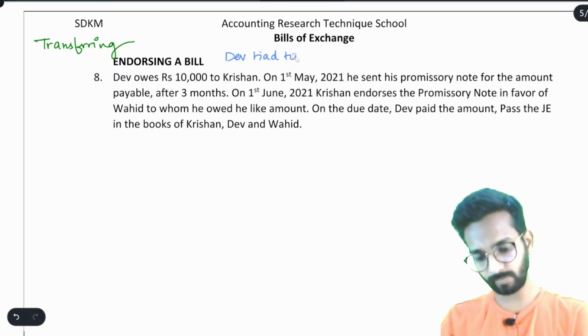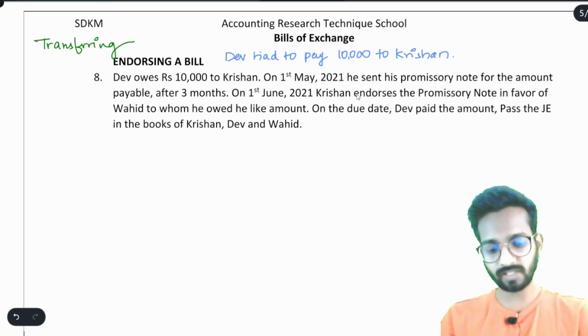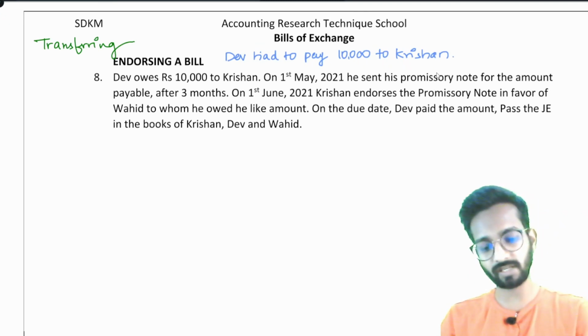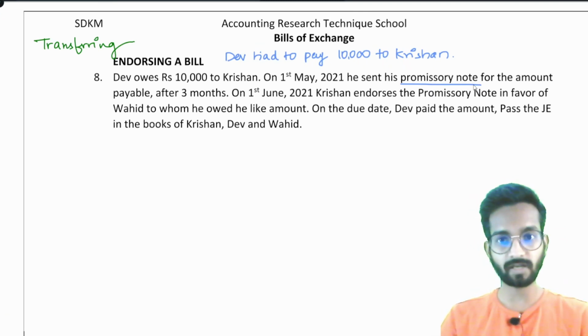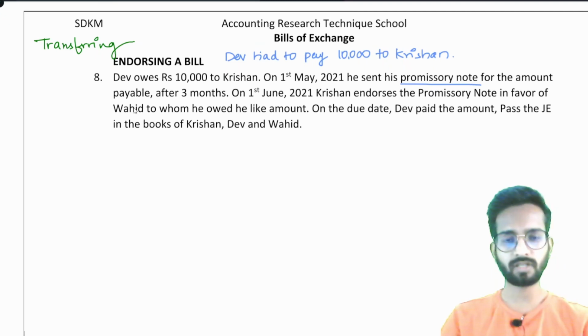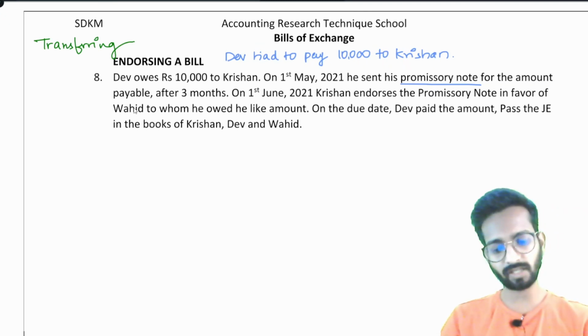Dev had to pay 10,000 to Krishan. On 1st May, he sent his promissory note for the amount payable after 3 months. In a promissory note, we do not need the acceptance of the other person. Dev knows that he has to pay 10,000 to Krishan. So Dev just wrote a promissory note that I promise to Krishan that I will pay him 10,000 rupees after